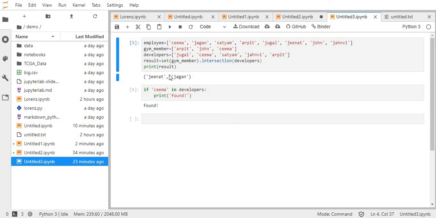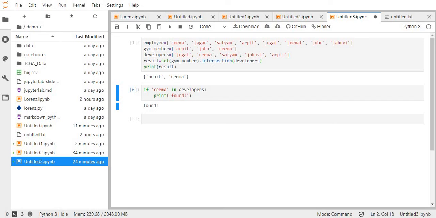Let's say result equals set of gym member dot intersection developers, and then print result. If I execute this, we get Arpit and Seema. Arpit and Seema are those who are both gym members and developers.